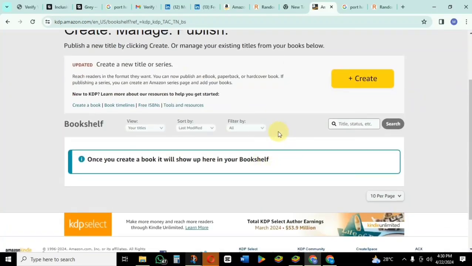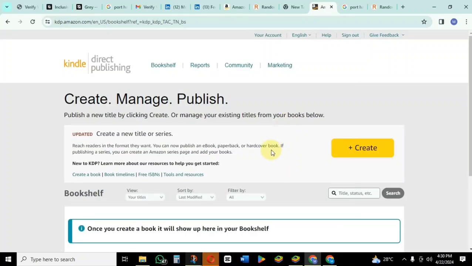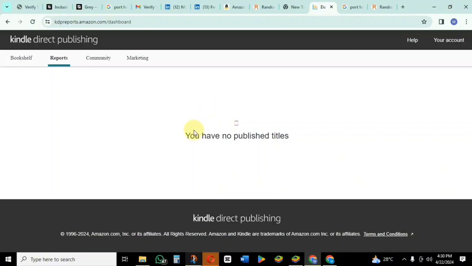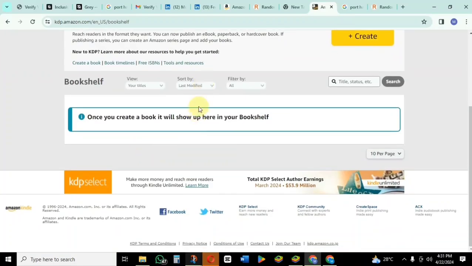So if you want to create your first book, maybe you've written the book and you formatted it, you just come to this point and click on create, you understand, then you upload the book, the title and everything. So once you get sales, you just come to this point that you're actually seeing, reports, and all the sales that you make will be here. You see you have no published title yet, so once you've started making sales, you see that it will actually reflect here on the reports. So here is your bookshelf, here you actually see all your books. So when you start uploading books,